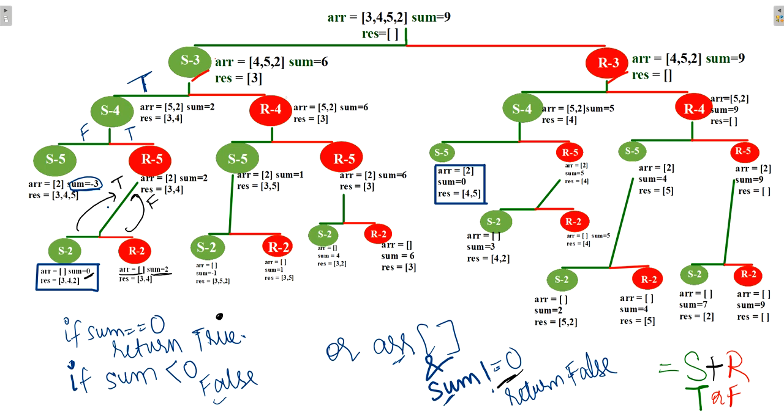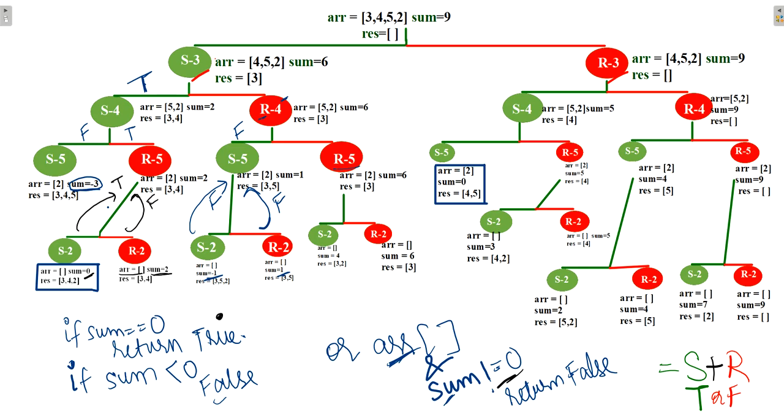Now let's calculate for 4 in rejection. When sum is equal to minus 1, it's negative, so here it will return false. Whereas when our array got empty but sum was not equal to 0, it will also return false. So false or false will be false.